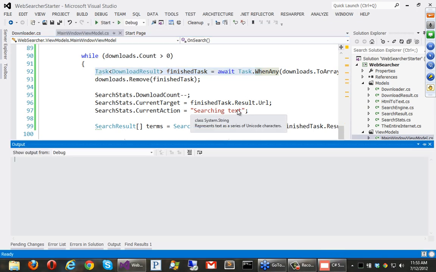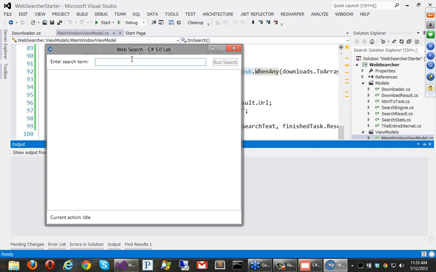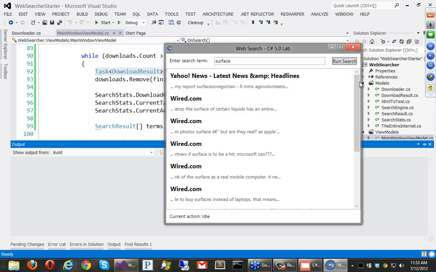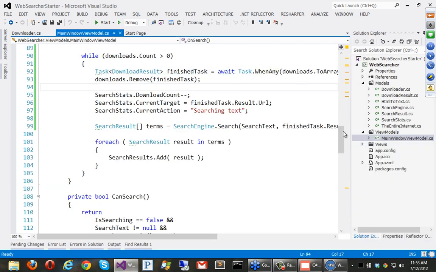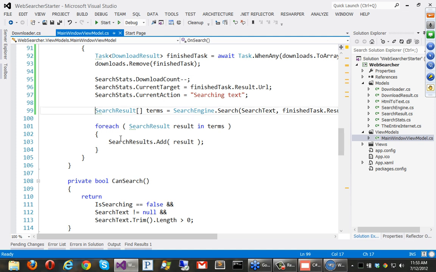Now, you might have noticed, it's probably really difficult over GoToMeeting, but if I search and as I move around, it's sort of stuck, right? It's not quite as smooth of an experience. And the reason is, this second part now is starting to dominate the processing because we're downloading so much so fast. The search engine actually takes a little bit of time to go through all the HTML. There's a fair amount of string processing to get through all those home pages. And so this part, which is not asynchronous, is starting to really bog down the system.